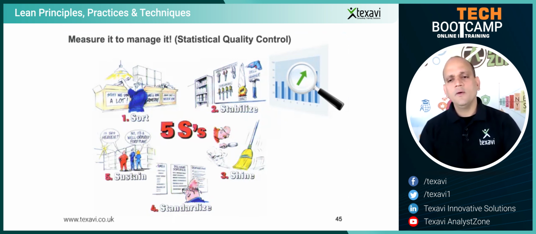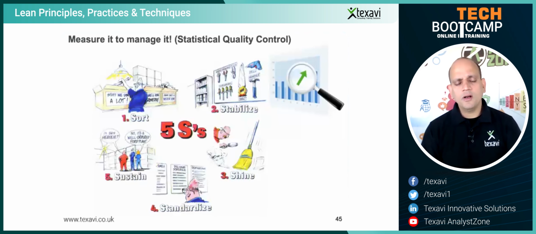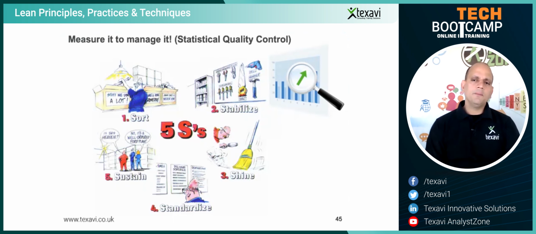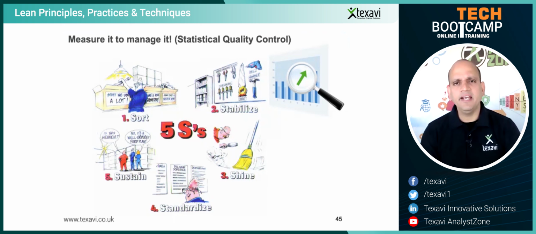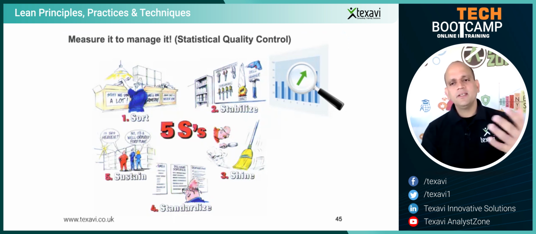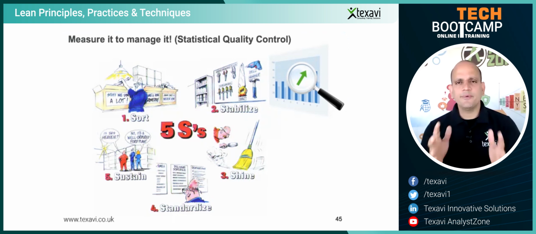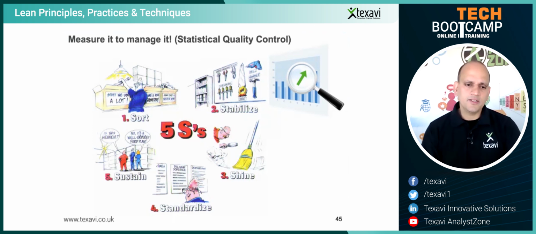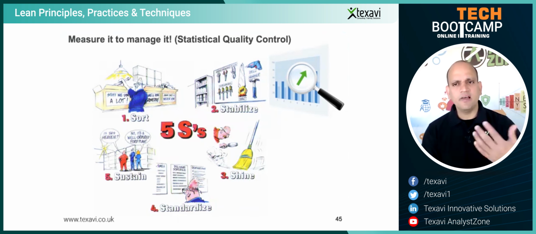So that's what we call 5S in the Lean model. It says sort, stabilize, shine, standardize, and sustain. Again, coming from the manufacturing setup. This means pretty much what we had in PDCA: plan, do, check, act. It's pretty much similar. So sorting, stabilizing, and once you stabilize, give it a nice shine, and then standardize it once you get a better understanding. Make it a template, a process, a procedure, and then you communicate and sustain, with continuous improvement and continuous development. And that's what Lean is all about.